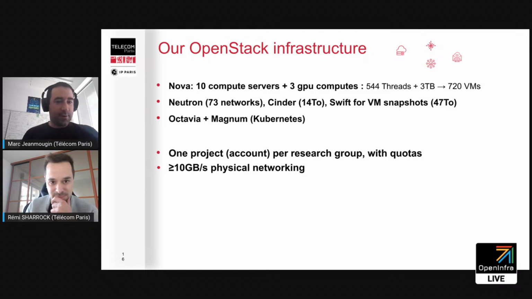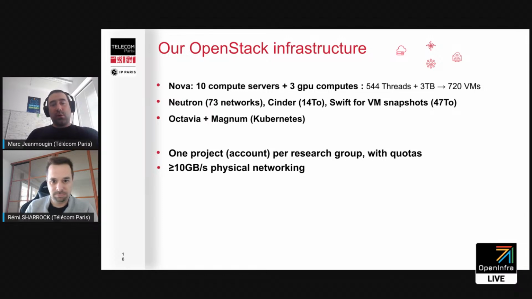Okay, so I will quickly present our OpenStack infrastructure that we have in our department. It's a fairly modest infrastructure, but sufficient for our needs. We have around 10 compute servers, and more recently, we created 3 compute with GPUs that allowed to spawn VMs with a GPU. We don't really use virtual GPUs. The way we do them is with PCI pass-through. So we have direct access to the GPU with that method, which might be more efficient, but is also easier to set up, which is why we did it, basically.